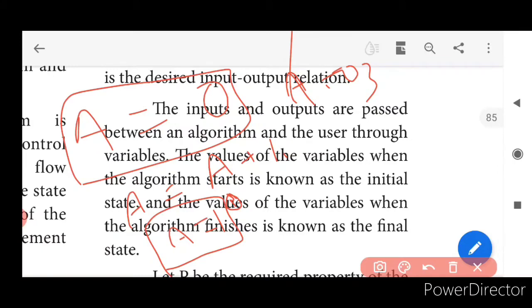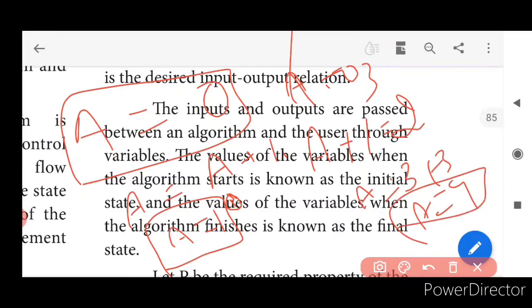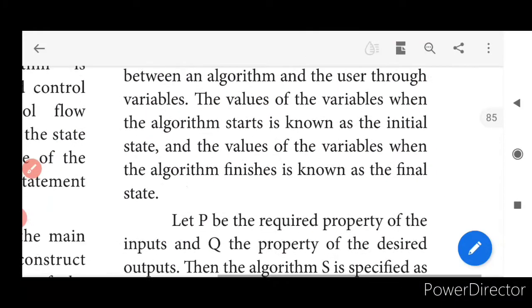Now what we have to do? We have to do it for 2. So a is equal to a plus 2, because the series, next in the series. So a plus 2 means, a value is 1, so what do you get? A is equal to 3. Now what I have to do now? A is equal to a plus 3. So 3 plus 3 is going to be 9. Initially the value of a was 0 and in the final state the value of a is 9. Right?